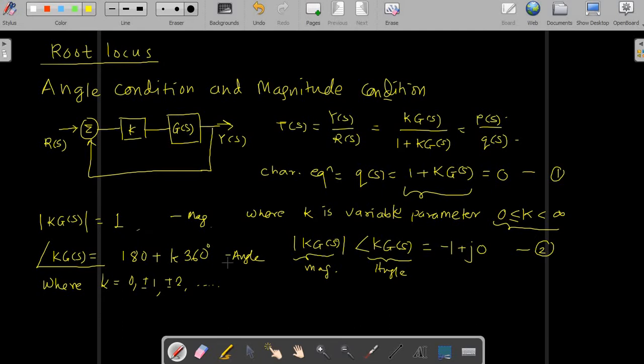This is the magnitude condition and this is the angle condition, where k is varying from 0 to plus minus 1, plus minus 2, up to infinity. So here I want to write down the statement as the root locus,